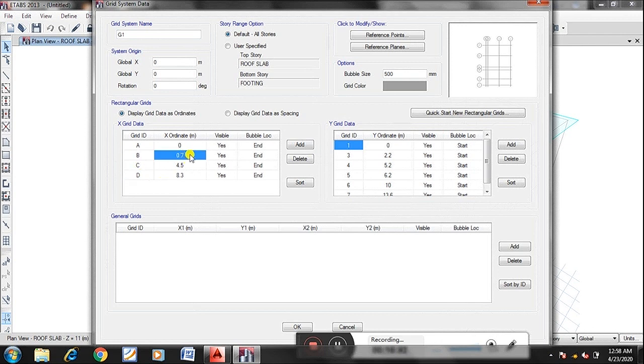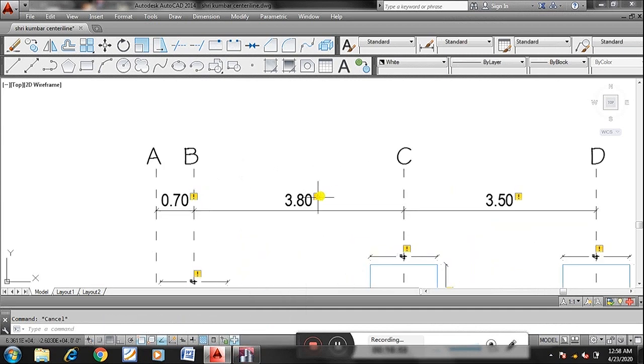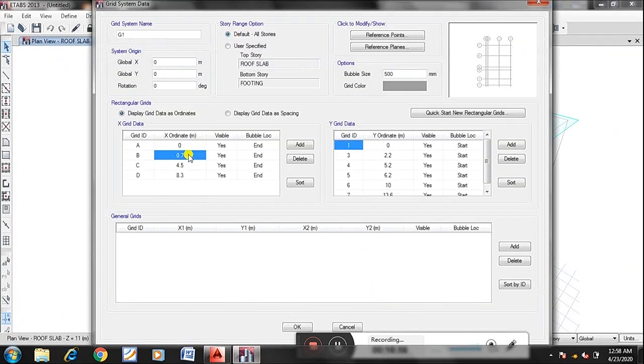Sorry, there is some error. A to B it is 0.7, B to C 3.8, and the next 3.6.